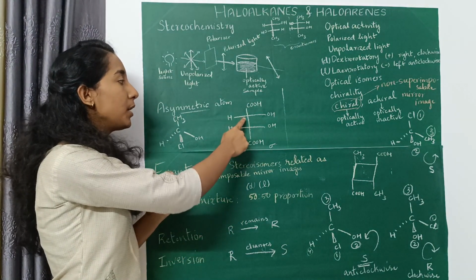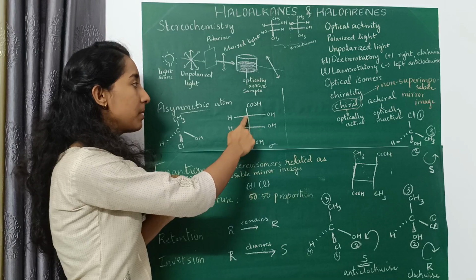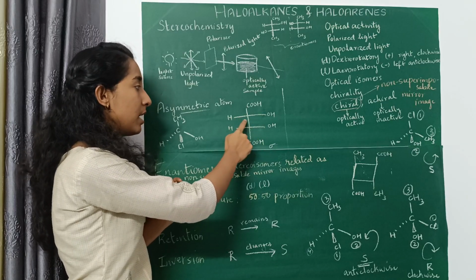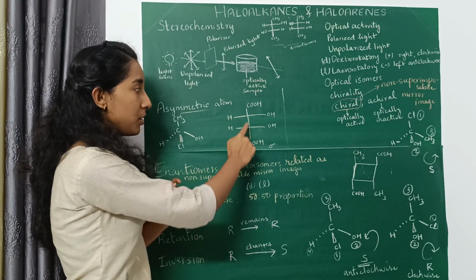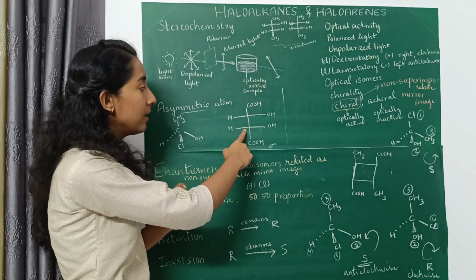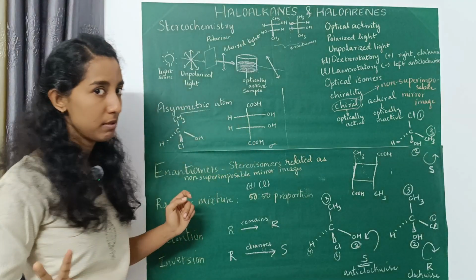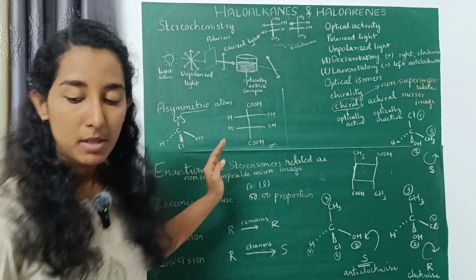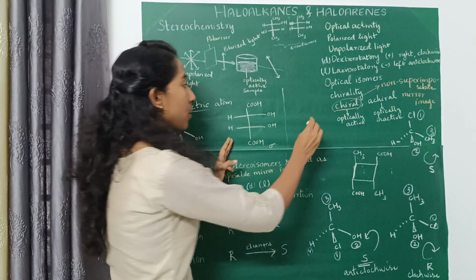Now consider this molecule. Here you can see there are two asymmetric centers. Here this carbon is attached to CHO, then OH, then H, then to CH(OH)CHO. So this is an asymmetric center and this is also an asymmetric center. Basically it has two asymmetric centers. And if you draw the mirror image of this compound,